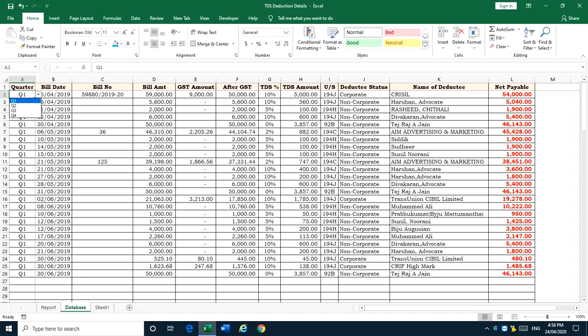Q1, Q2, Q3, Q4, everything is shown in the drop down list, so by mistake you can't type anything other than Q1, Q2, Q3, Q4. Q1, then date, then bill number, bill amount, GST amount, amount after GST, bill amount minus GST, TDS percentage, then TDS.